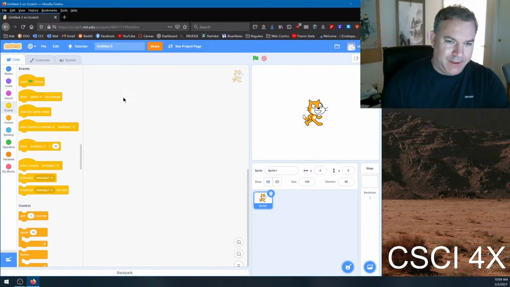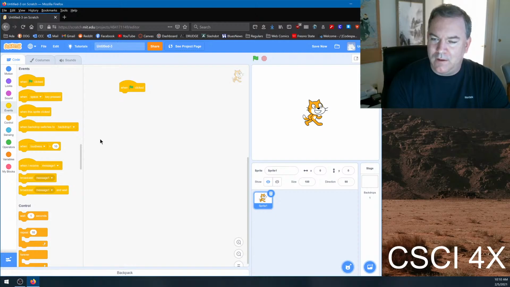In Scratch, you've got your little cat person here named Scratch, and you can see there's a little green flag here, and that means run the program. If you click on the yellow circle on the left hand side here, you'll see that there is an option or a block, that's what these things are called, that says when the green flag is clicked, and that's a pretty good entry point into